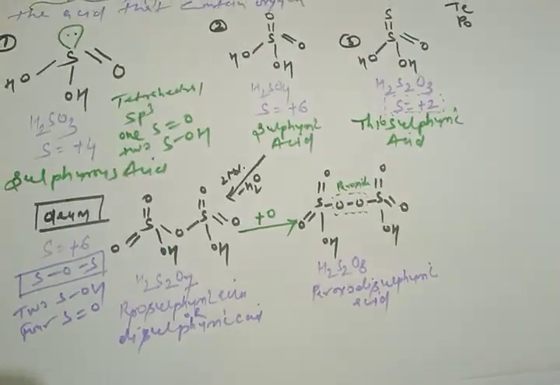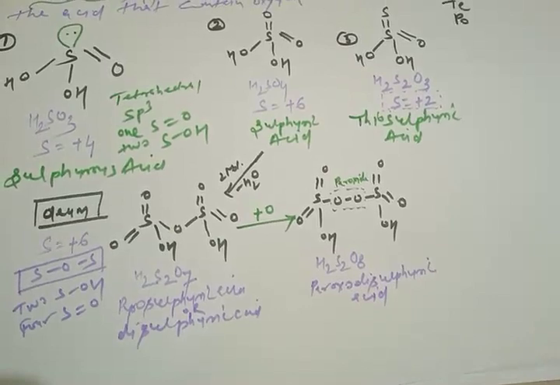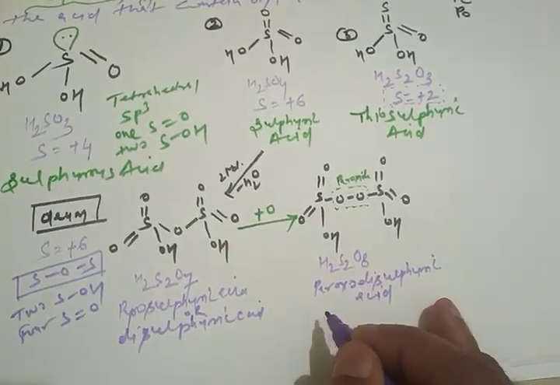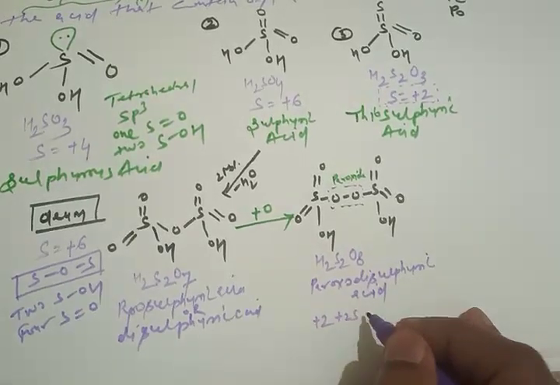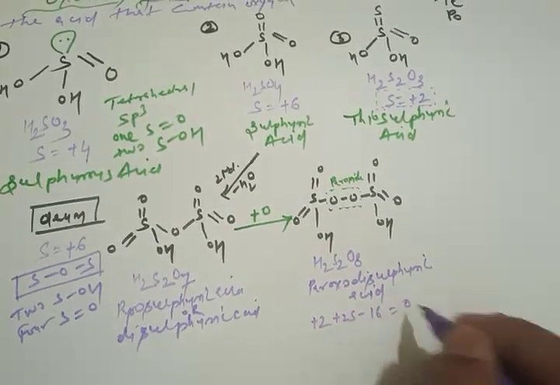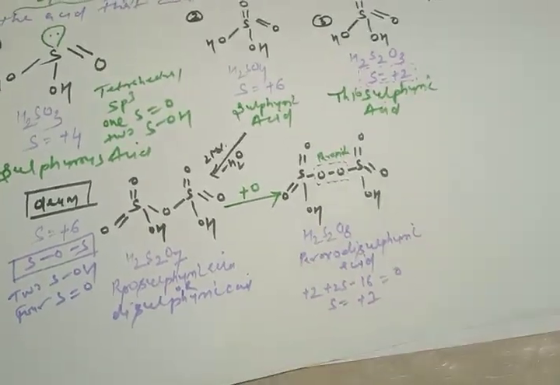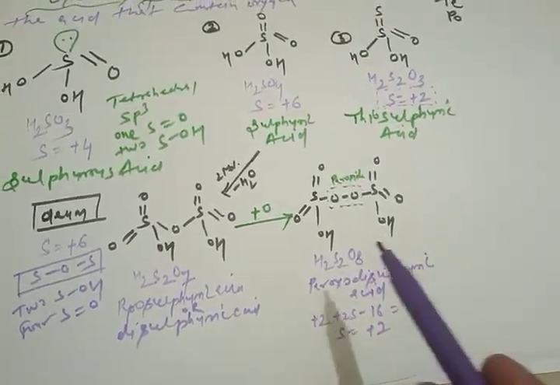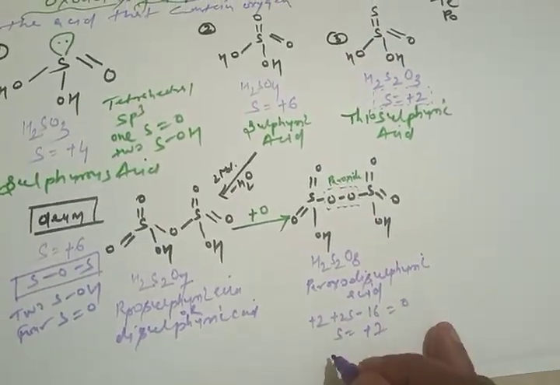Then the oxidation state. If you go for the traditional method to calculate the oxidation number, for hydrogen +2, for 2 sulfur we required, and this is -16. So this will give S as +7, which is not actually possible. As I told you, it is a peroxide linkage, so this will look like this: